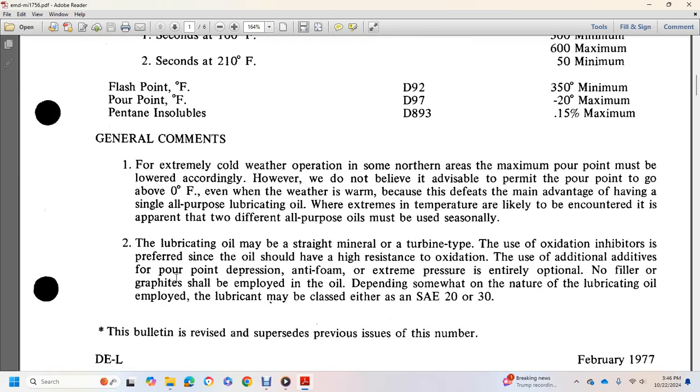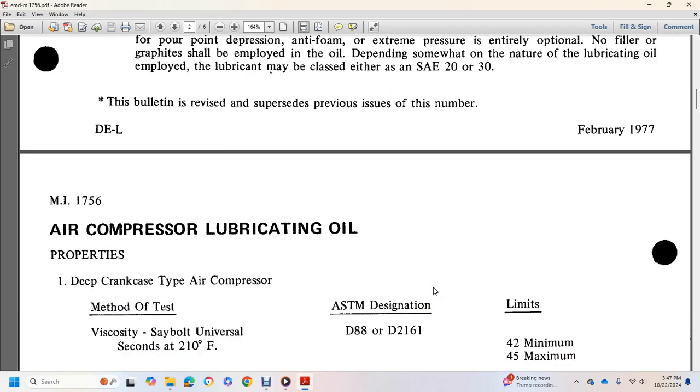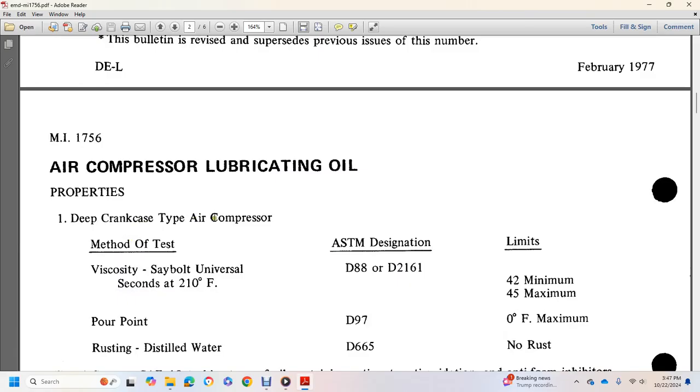The lubricating oil may be straight mineral turbine type oil using an oxidation inhibitor. For performance, the oil should have a high resistance to oxidation. Additional additives such as pour point depressants, anti-foam, and extreme pressure agents are entirely optional. No filler graphite should be employed in the oil. Depending on the nature of the lubricating oil employed, lubricant may be classed as either SAE 20 or 30. Air compressor lubricating oil, for a deep crankcase type air compressor: method of test, ASTM limits, viscosity Saybolt Universal,